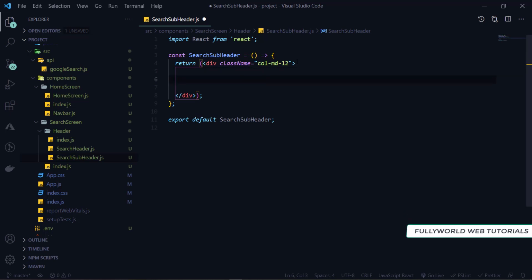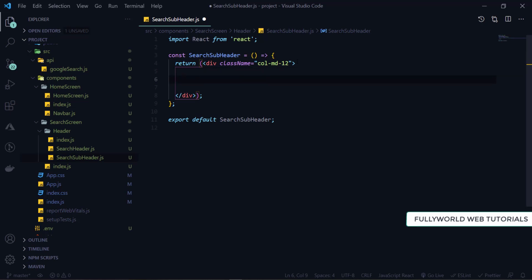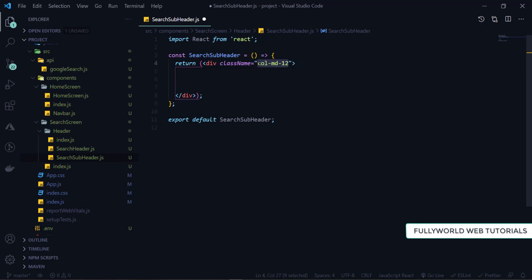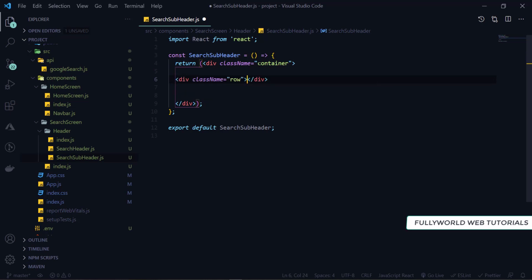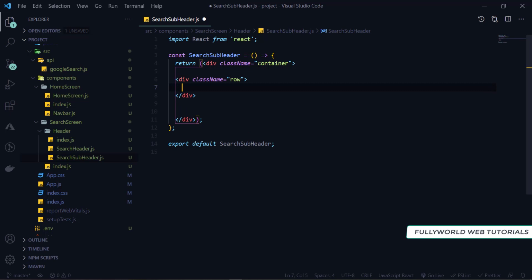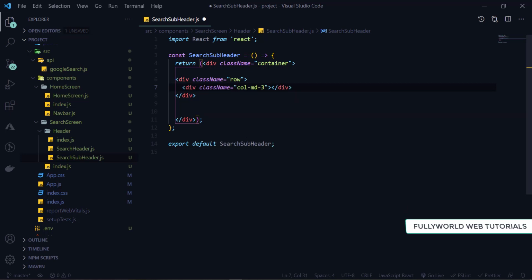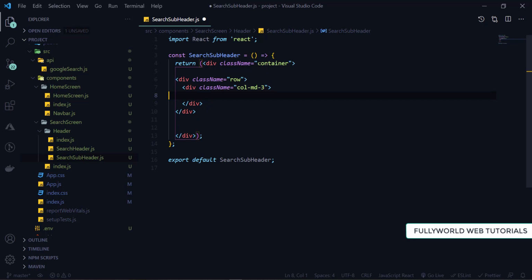So under this, first of all, there is our col md12. So here I'm just going to write container only. So here will be our container, and then here will be our row, because we want container row as well, and then there will be our col md3, not 3, sorry.